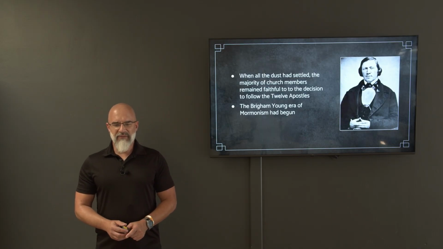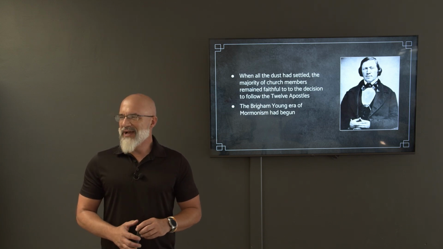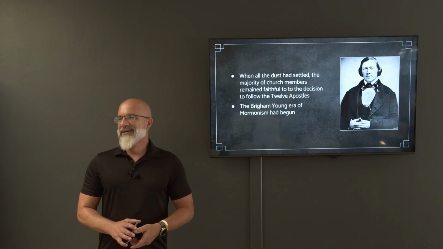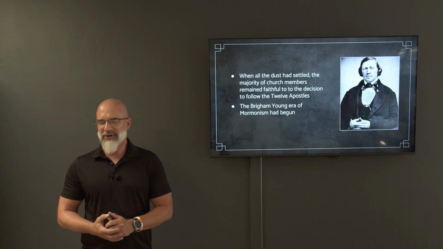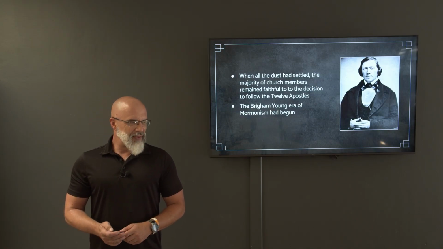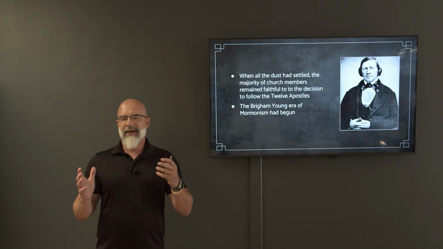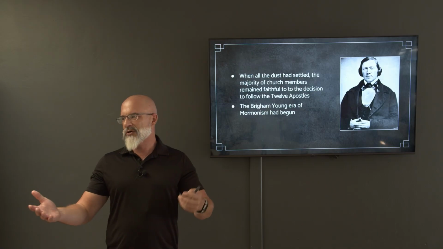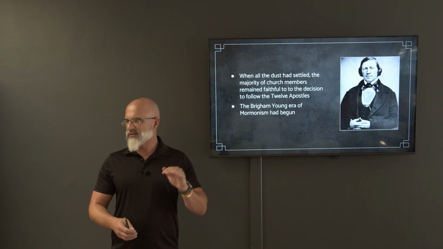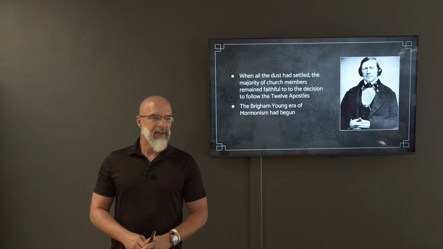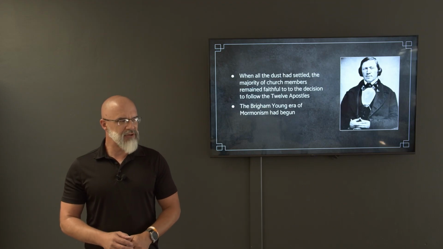All right, week 4, and we've made it about 3 days in our progress through history. I don't know how many sessions this is going to end up being, but somewhere along the way we'll get going faster, because today we're actually going to go backwards from 1844. We talked about how Joseph Smith died in the summer of 1844. When all of the dust had settled, the church voted to give leadership of the church to the 12 apostles. We've looked in recent weeks at some of the splinter groups and factions that split off at that time, but the main body of the church